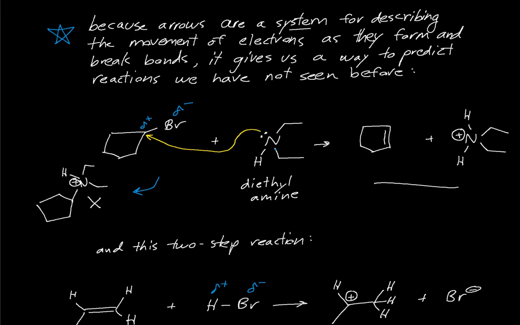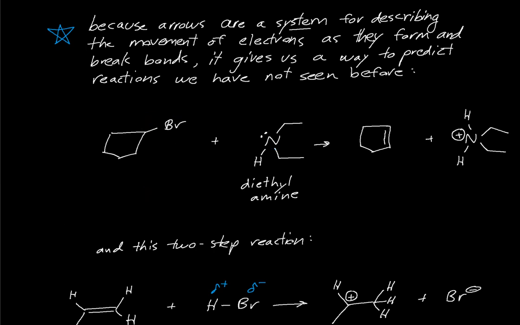Let's draw in some implied hydrogens, and I'm just going to go back to make it easier to see. Implied hydrogen here, implied hydrogen here, and here. Let's try this again. What do we see in the product? We see a double bond, and the bromine has left, which means what we really have here, and why you have to get good with implied atoms, is that. So now we can predict using arrow formalism that what is going on here is that